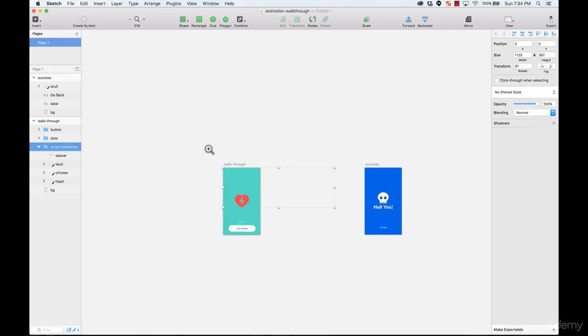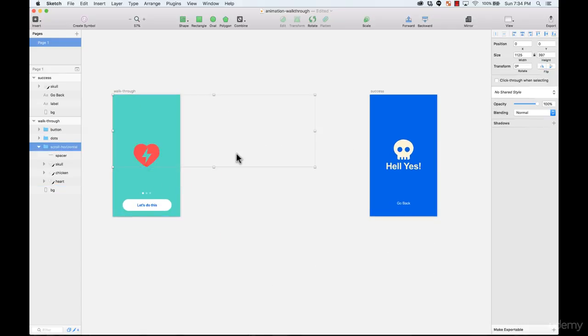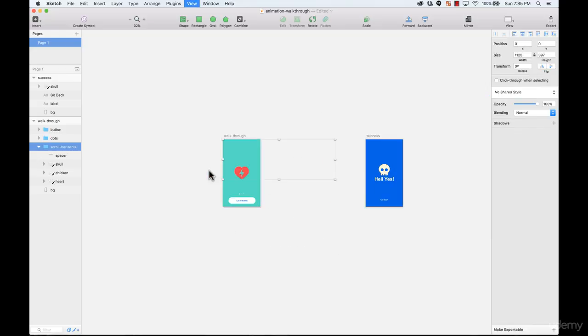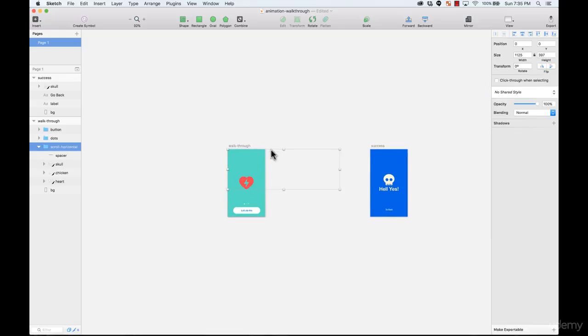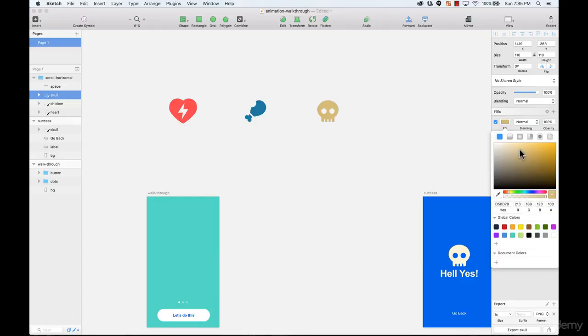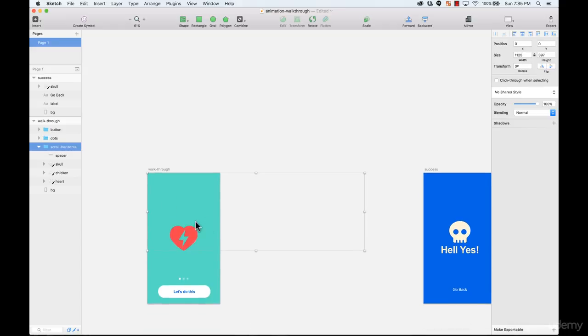So here I have a Sketch file, and on the Sketch file I have two artboards, one where the walkthrough is happening, and also just a success screen for when you tap on this button. Here I have the content of the walkthrough, all the different screens, but let me put it outside the artboard so you can actually see it. As you can see, there are three icons: a heart, a chicken, and a skull. Let me change the color of the skull so you can see it. There you go. So these are obviously outside the artboard, and I also have a spacer